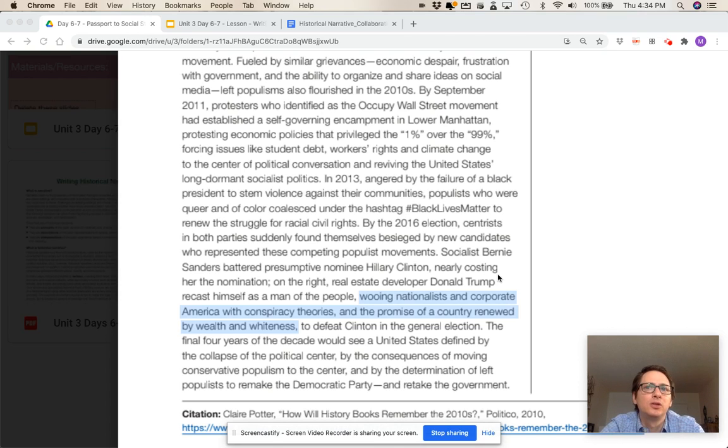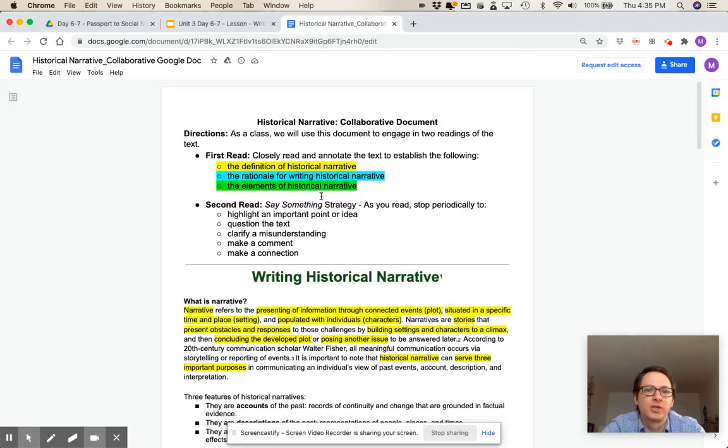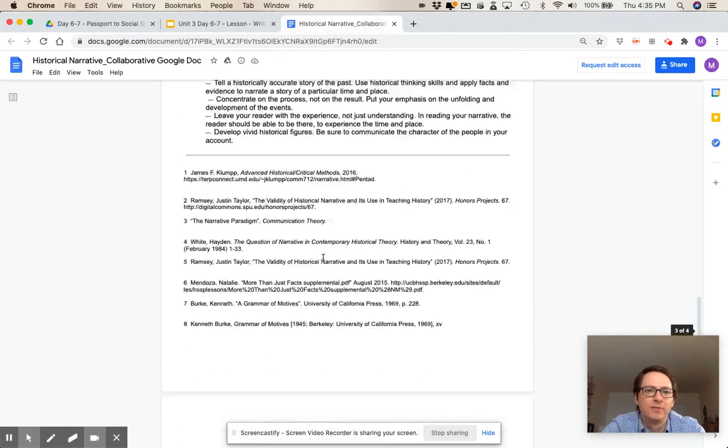And this is when you should review all of the content about Reconstruction from lessons 1 through 5 and use the graphic organizer to guide your pre-writing and help you decide what you're going to include in your historical narrative. And last, if we go back to this text that we've been looking at, the very bottom